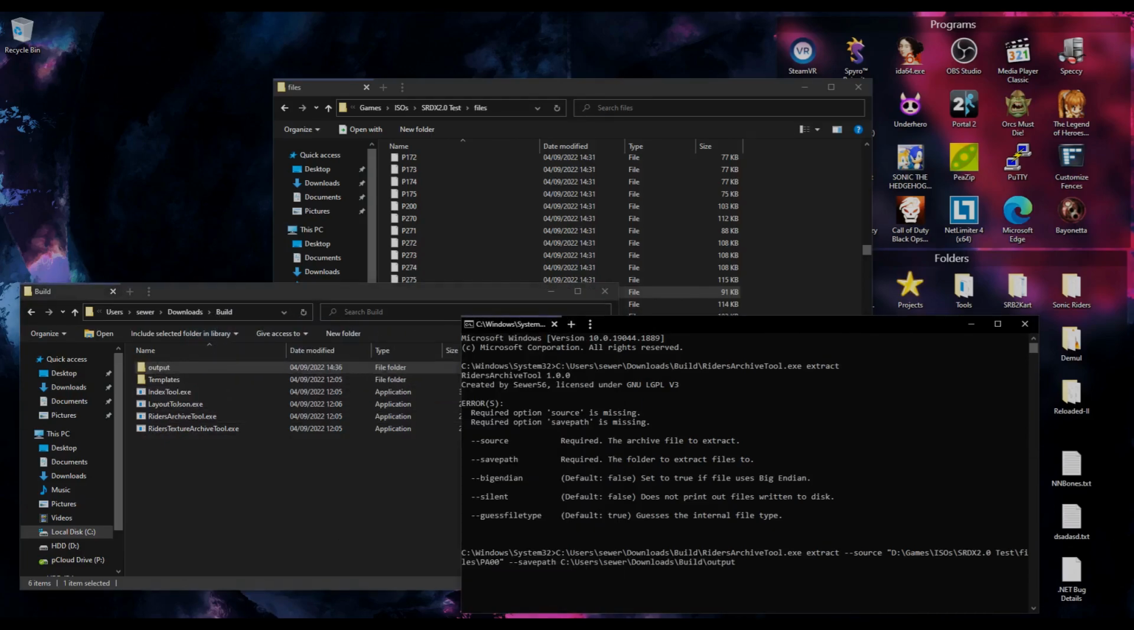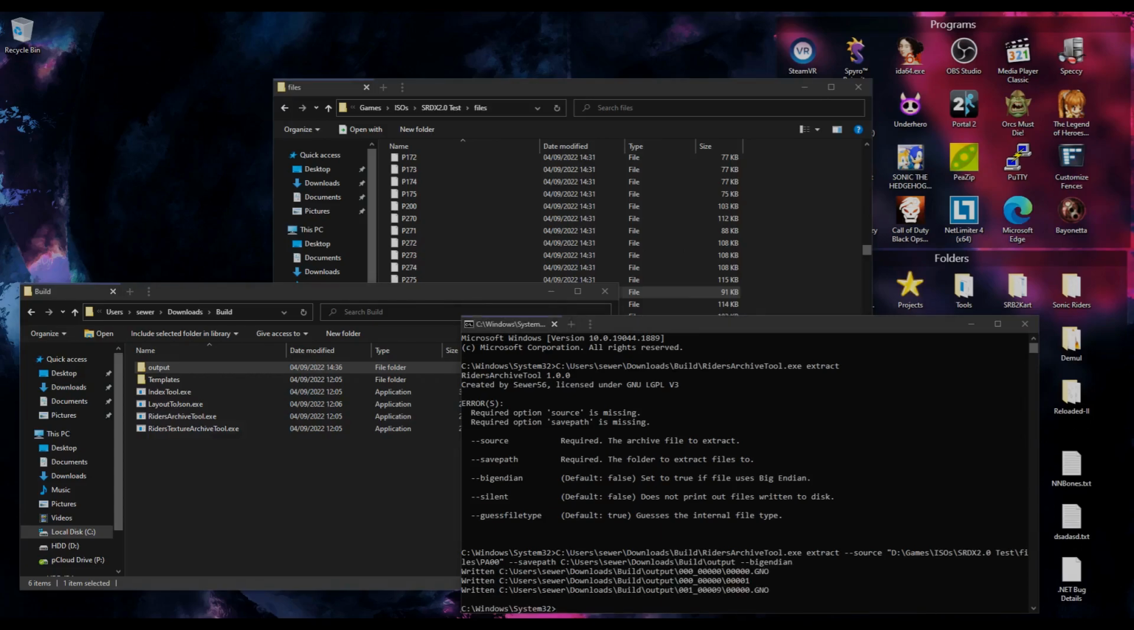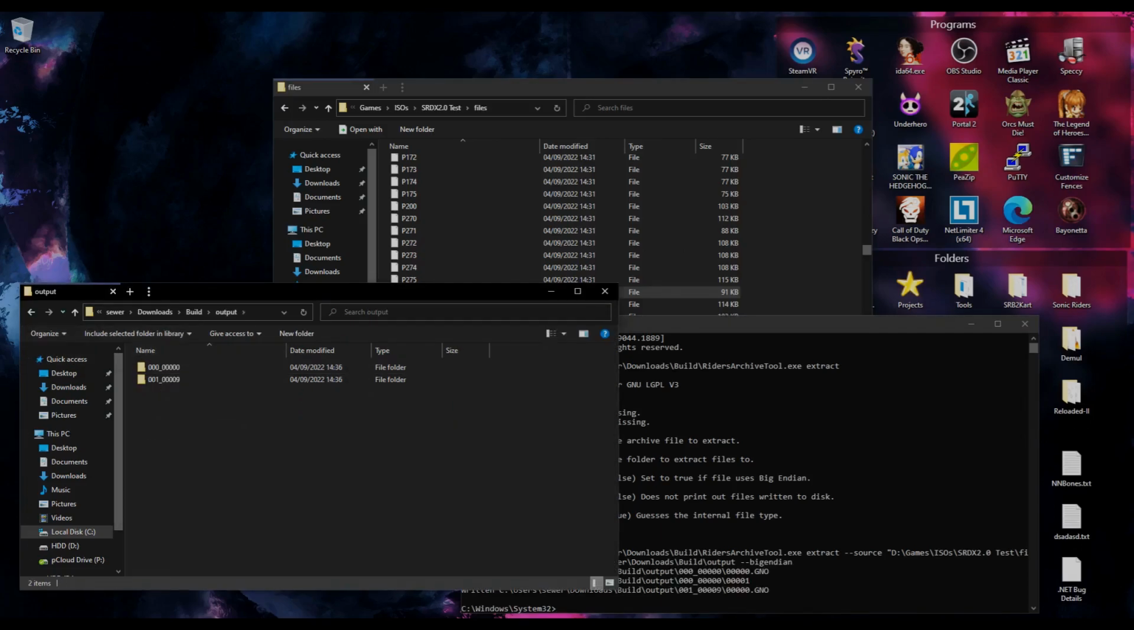Drag the folder onto this, so we now have source, we now have save path we want to save, and since we're using GCN or GameCube as an example, we want to include the big endian flag, --big-endian, and if you press enter, the files will be exported to here. This might look a bit cryptic, since Sonic Riders unfortunately does not include file names. So we have to do a bit of guessing, but in any case, if you look in the folder it extracted,